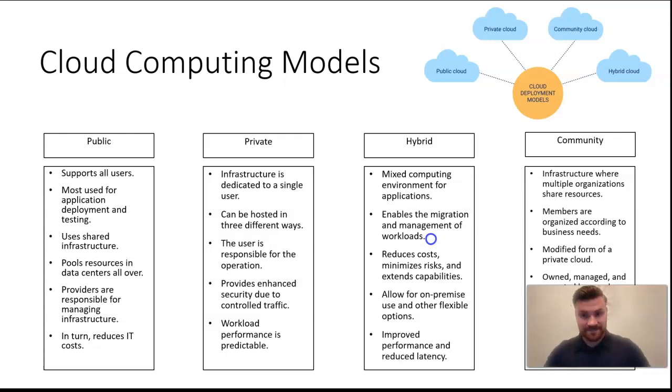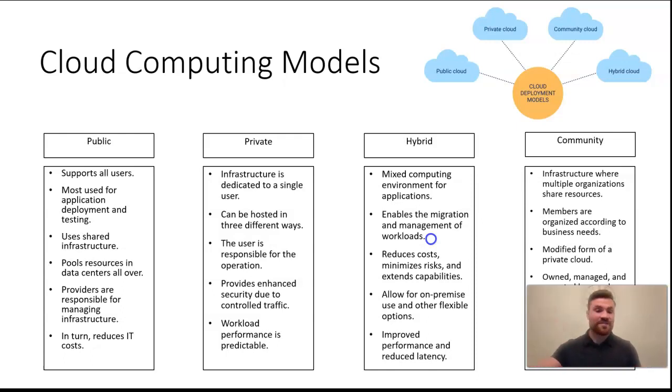Now we have the private cloud computing model. Infrastructure is dedicated to a single organizational user. As such, private is more strict, more disciplined, and more secure than a public network. It can be hosted in three different ways.